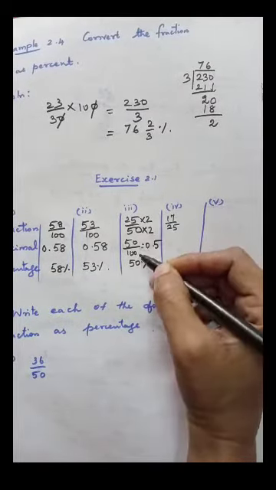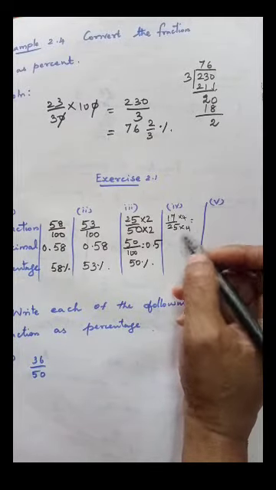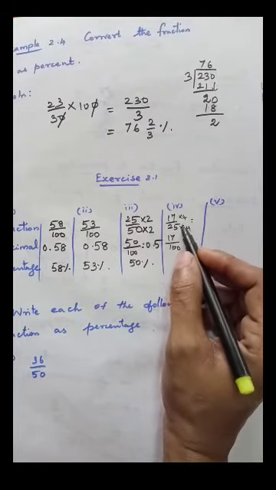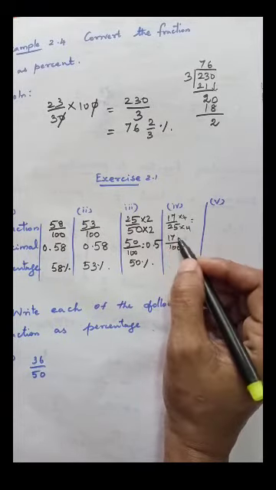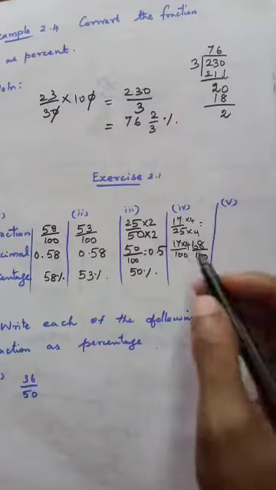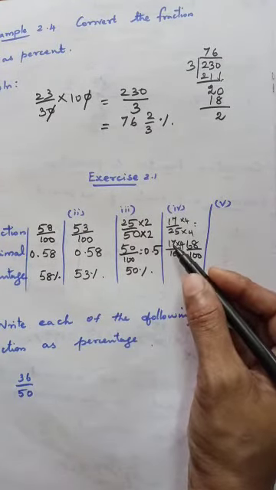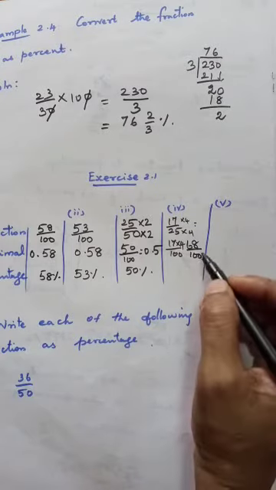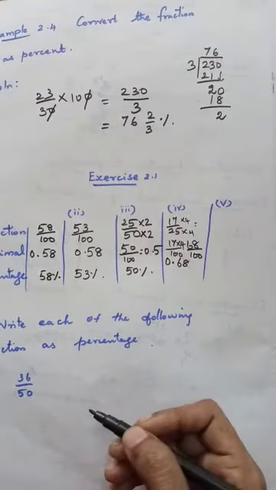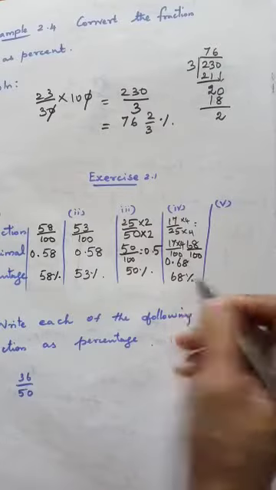You have to change this to decimal. So you multiply this by 4, then the denominator will come as 100. So 17 fours are... 7 fours are 28, write 8, remainder 2... then 4 ones are 4, 4 plus 2 is 6, 68. So the decimal is 0.68. Then the percentage is 68%.